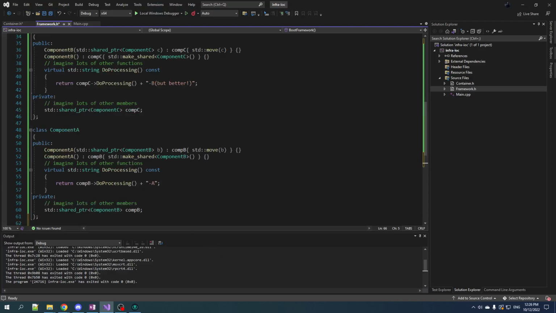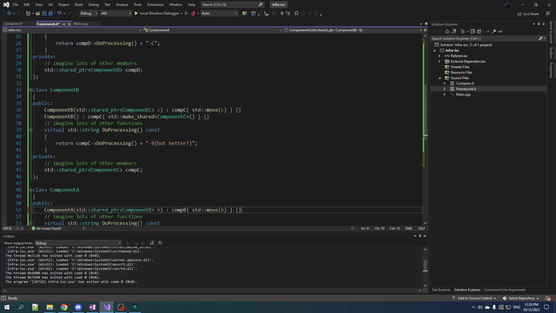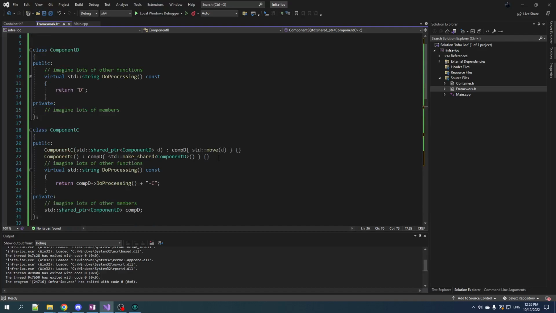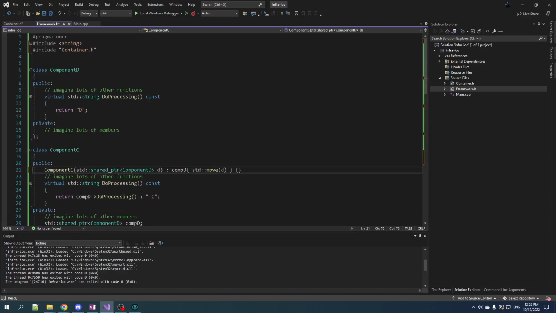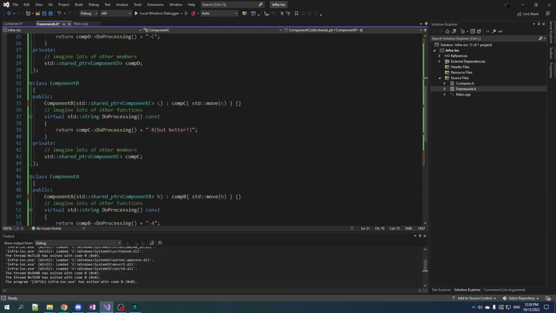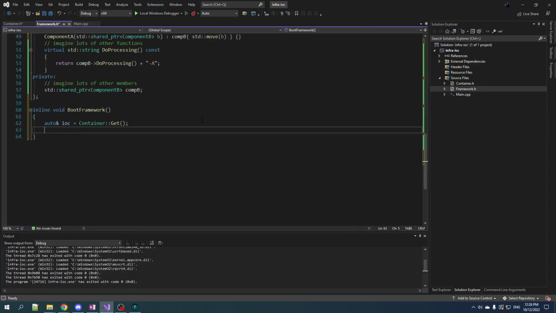Because we're registering the factories, they're no longer going to be responsible for creating instances. So let's get rid of all of these default constructors. You're no longer allowed to default construct any of these components. You have to inject the dependencies. And that injection will happen here. So let's go